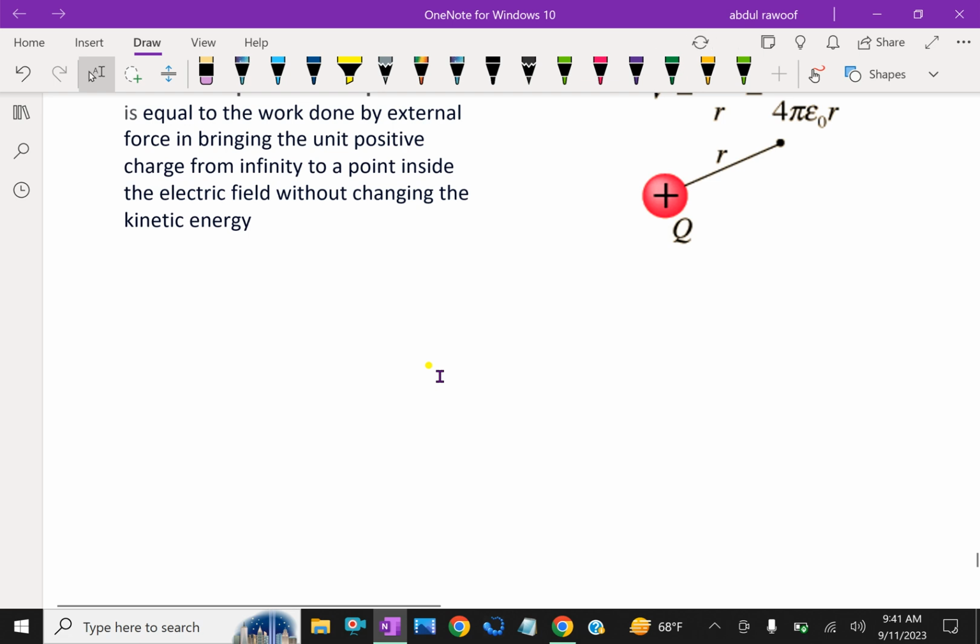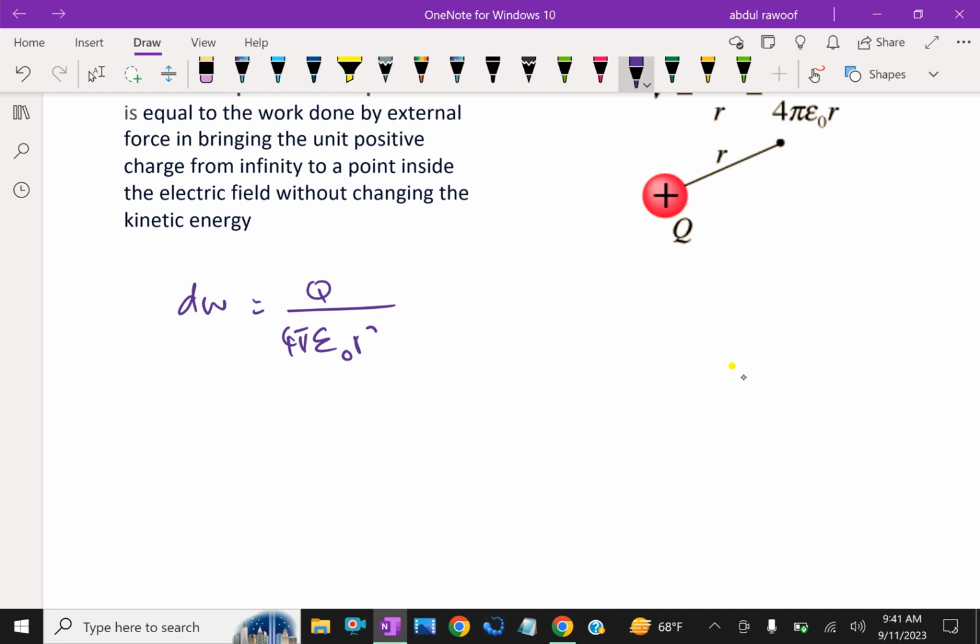Now we can find work done, that is dW equal to Q over 4 pi epsilon 0 R square, minus dx. Now therefore we can find work by integrating this function with respect to x, from infinity to the point D,